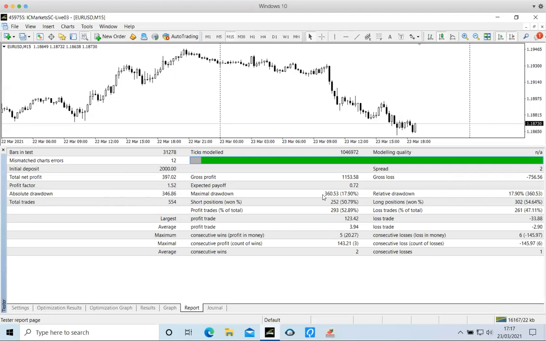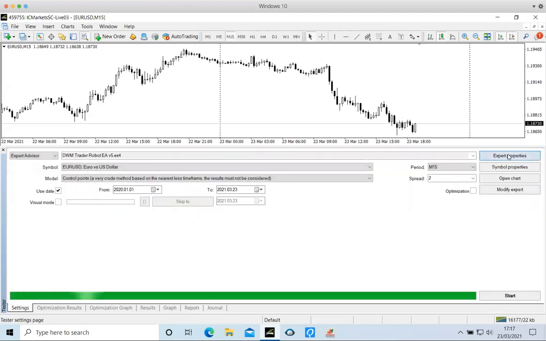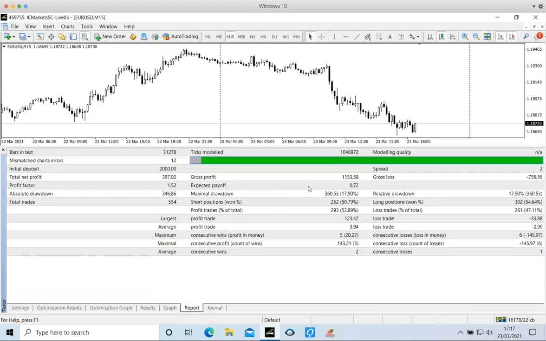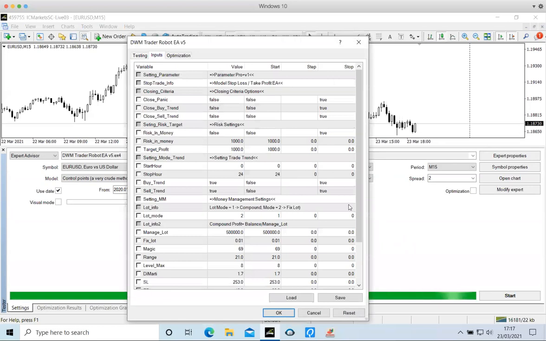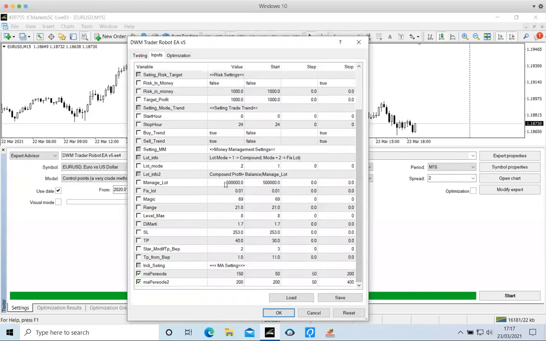Now, let's say we want to test for the maximum. We want to see what maximum results we can get on this account if we want to risk more. For that, let's say if we start with $2,000, we have 17%. So you can imagine if you want to double the risk, then all you have to do is come here to the inputs, and for getting the same